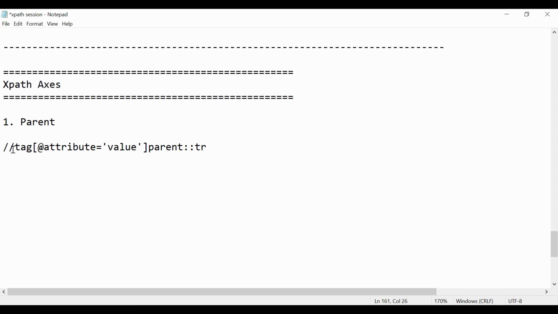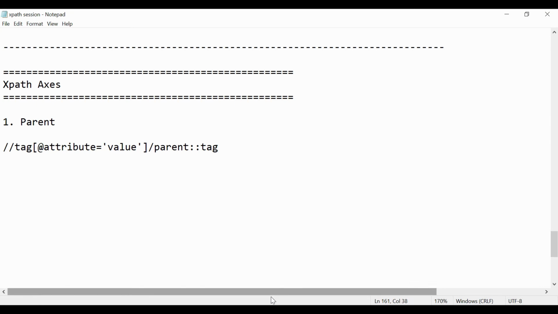Okay, this is your child. After that you just have to use single slash parent and then specify the tag. So this is the syntax to use the parent.